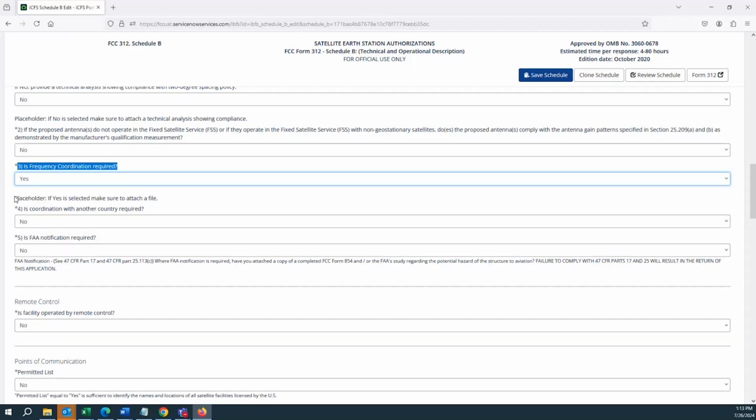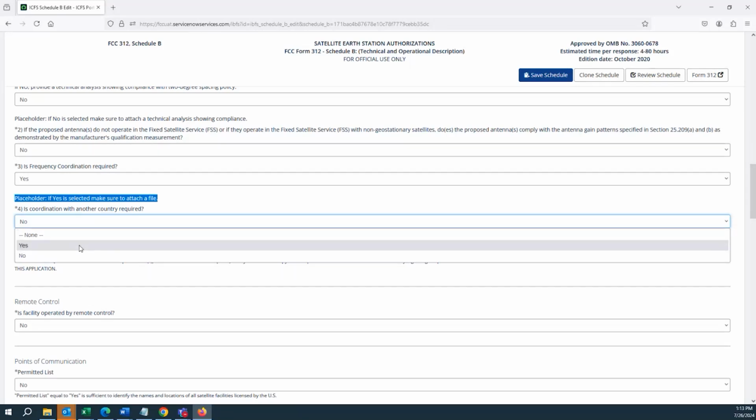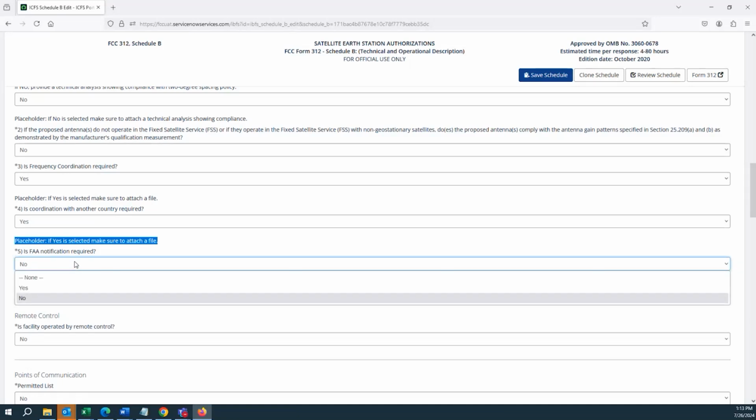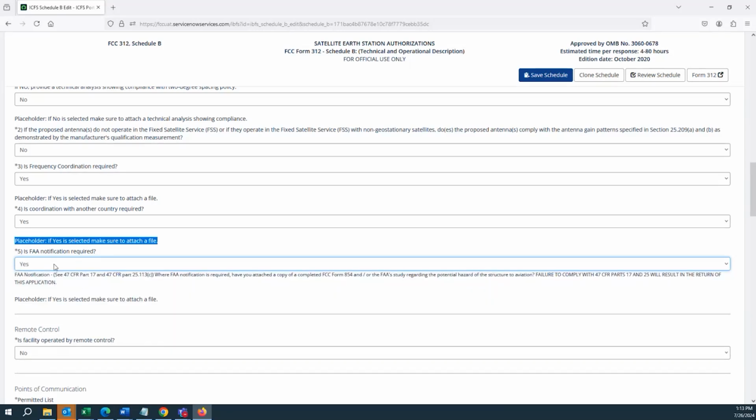If you answer yes, then you have to attach an exhibit file. Question 4 is coordination with another country required? Again, if you answer yes, you must attach an exhibit file. Number 5 is FAA notification required. Same story there.